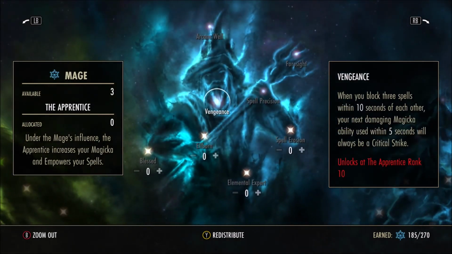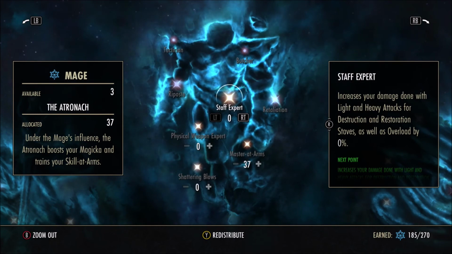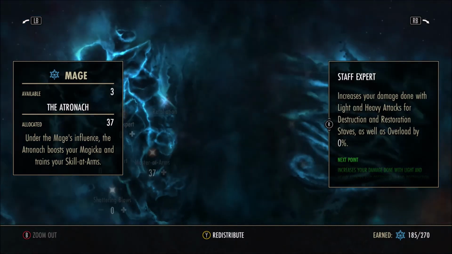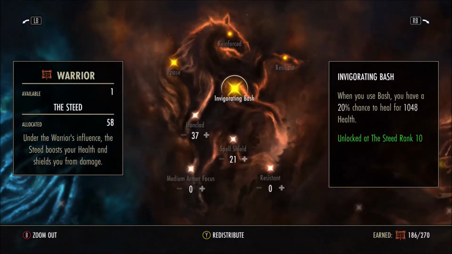Starting in the blue tree with the Apprentice, we have no points into this. This does not help us any in this tree. In the Atronach, we have 37 points into Master-at-Arms. And in the Ritual, we have 37 points into Thaumaturge, with 36 points into Pure Strikes, 35 into Piercing, and 37 into Mighty. Over in the red tree, starting with the Steed, we have 37 points into Ironclad, 21 into